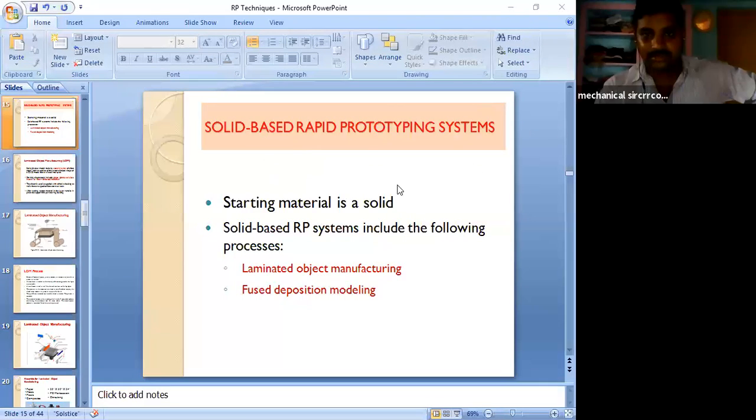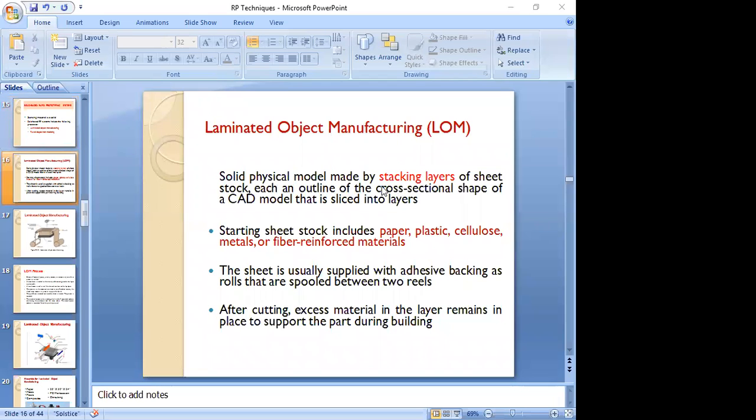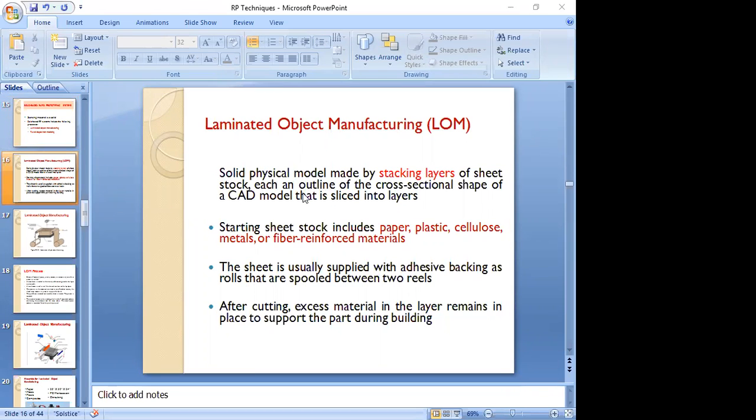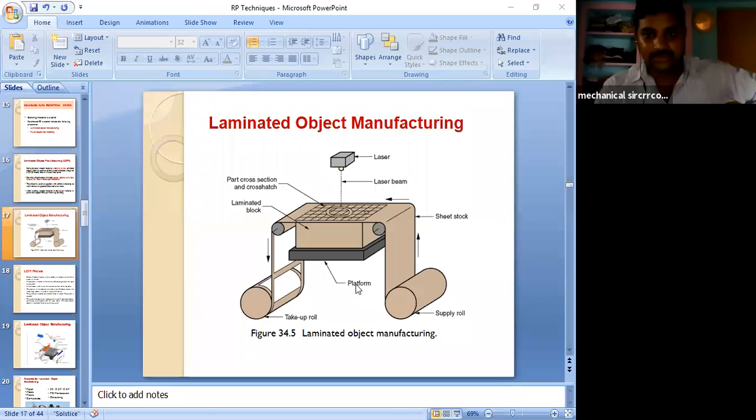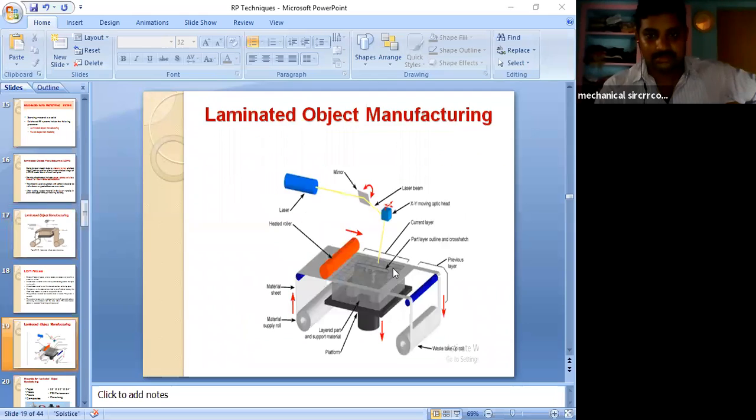So again I am recalling for your sake. In the starting of this lecture itself I gave the introduction about this. You have to draw this three-dimensional view or two-dimensional diagrams in the examination. Diagrams have weightage in this subject. As production manufacturing subjects are concerned, definitely you are going to have weightage for the diagrams.